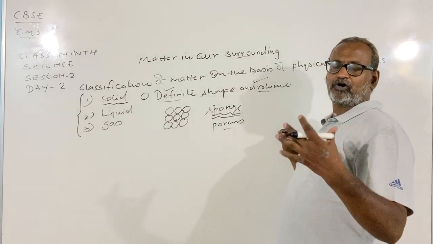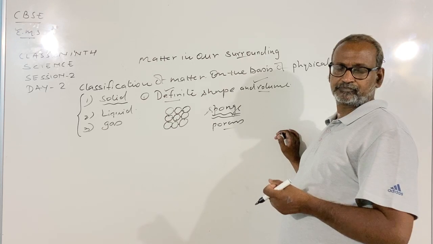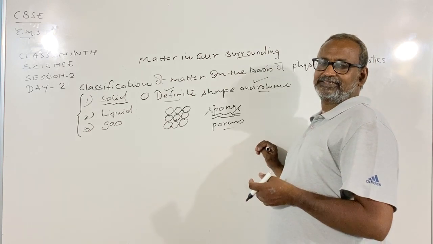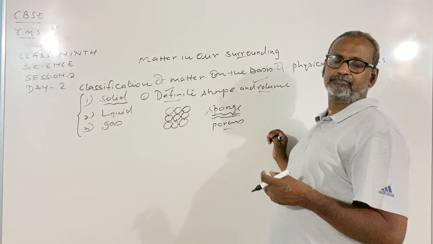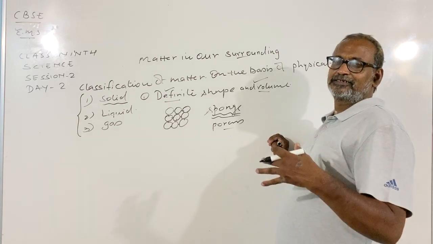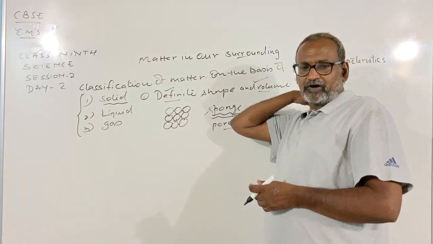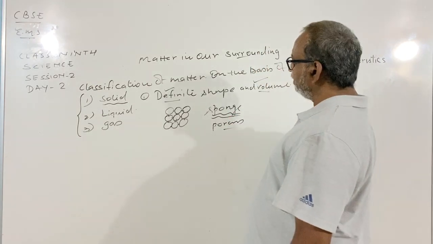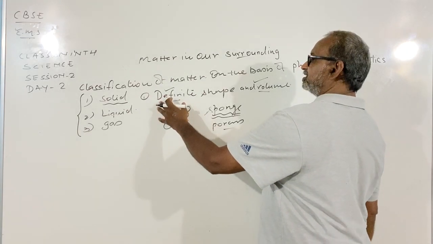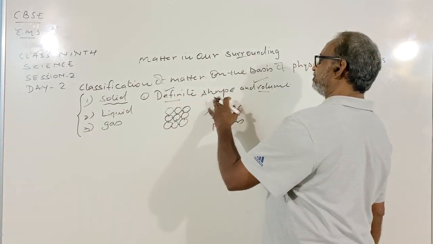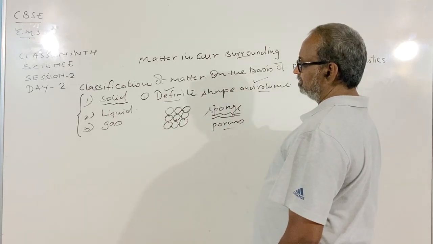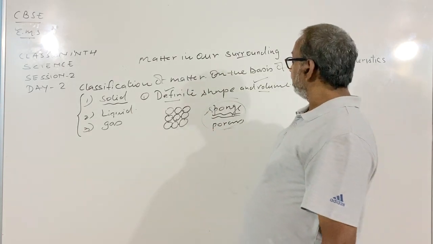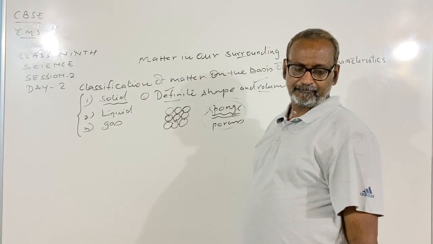It has pores which are filled with the air. When pressure is applied, the air present in these pores is withdrawn and the gaps between or pockets of the air can be compressed. So in solid state, a substance or matter has definite shape and volume and it cannot be compressed. A sponge can be compressed because it has air spaces between them.